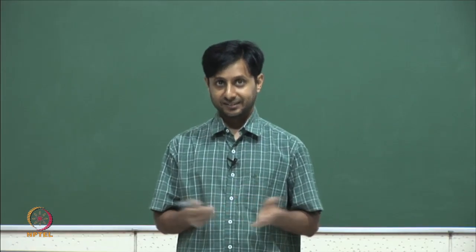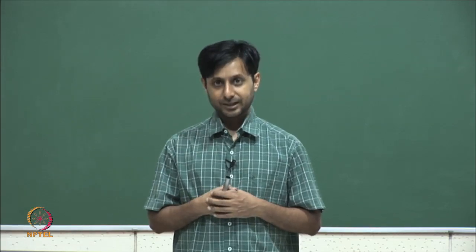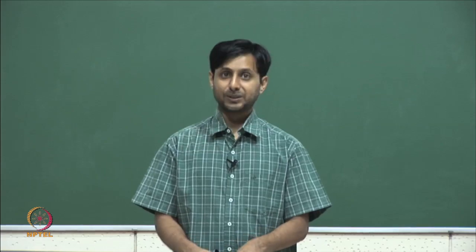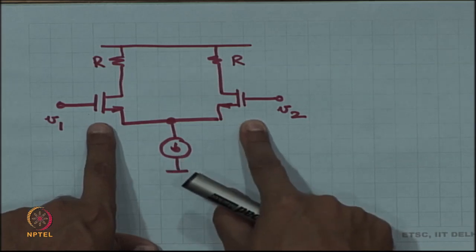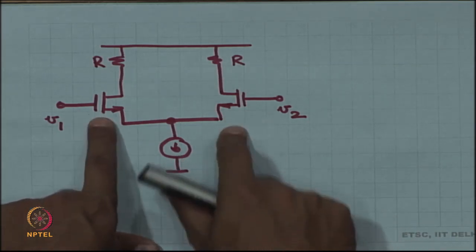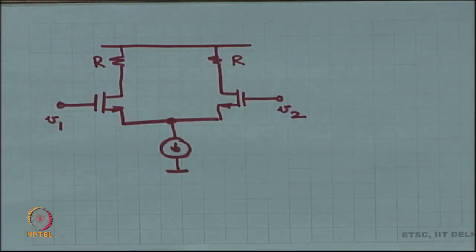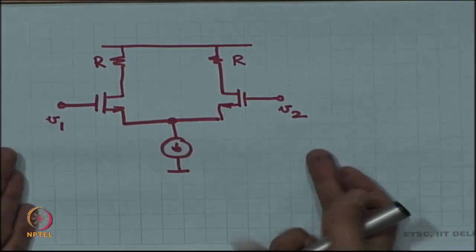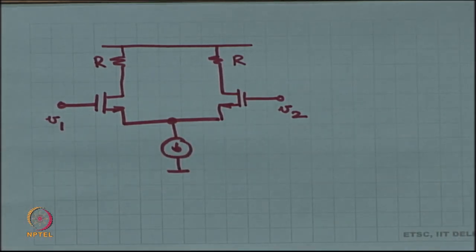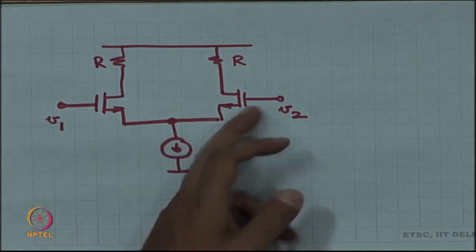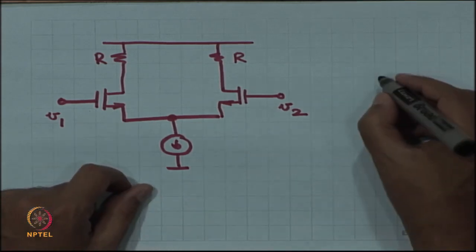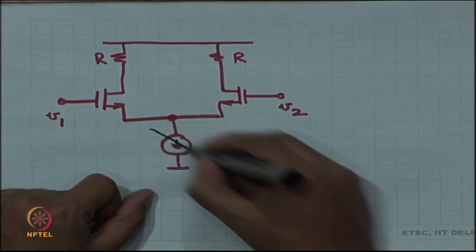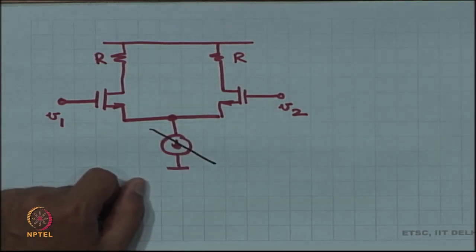Now, it so happens that this is one of the few ways that you can do it naturally when there is mismatch in the circuit. Otherwise you are going to find it very difficult to analyze. If these two MOSFETs are not identical, if these two resistors are not identical, then you will be at a loss how to analyze the circuit at all. So, you need to know how to analyze the circuit using brute force superposition, that is V1 and 0, V2 and 0. Okay. So, let us apply V1 and 0 and small signal analysis, this current source is not relevant,